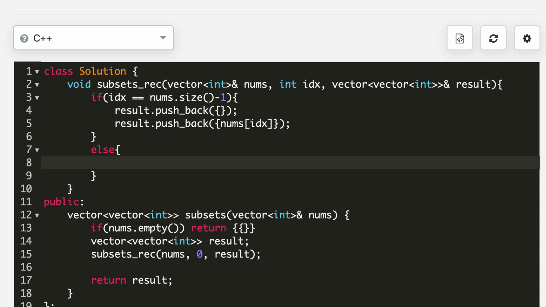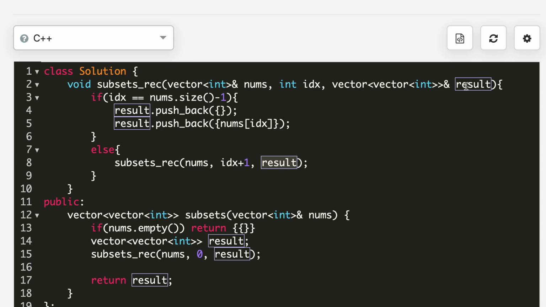Else we will call it recursively. So this will recursively call smaller and smaller problems. Ultimately it reaches the end, and then it will start returning, and it will be inserting into this common result which we are passing by reference.